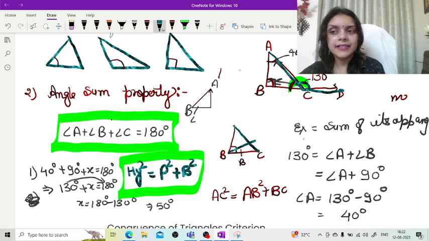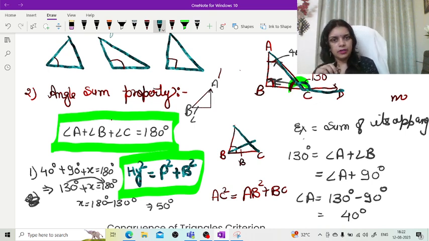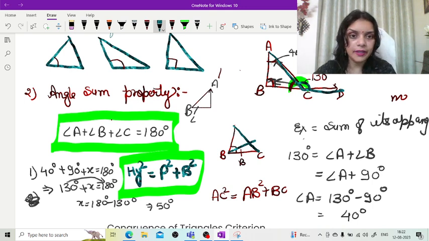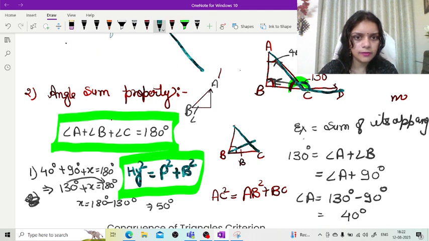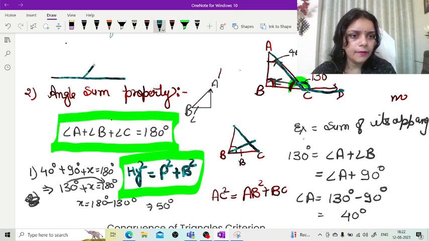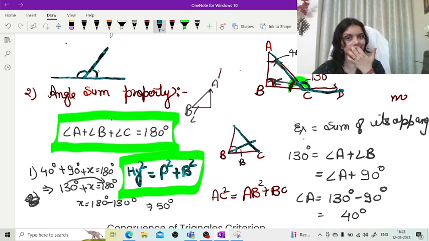Now what is linear pair? You should know the exact definition of linear pair, then only you can use this, right? So what is linear pair? I am rubbing this one. Yes. What is linear pair? If I am drawing a straight line and one line like this, right? So the sum of this angle and this angle will be equal to 180, and this is linear pair.